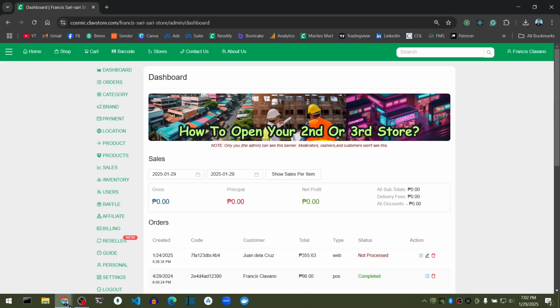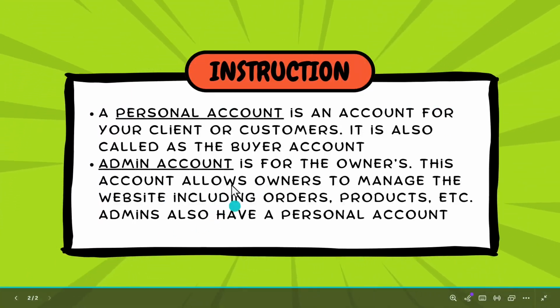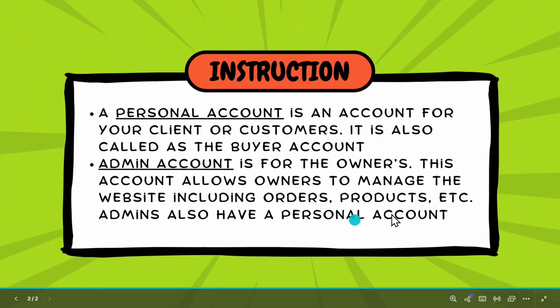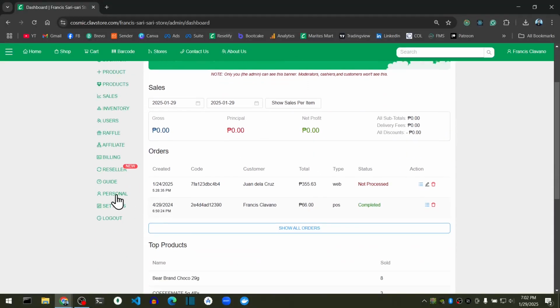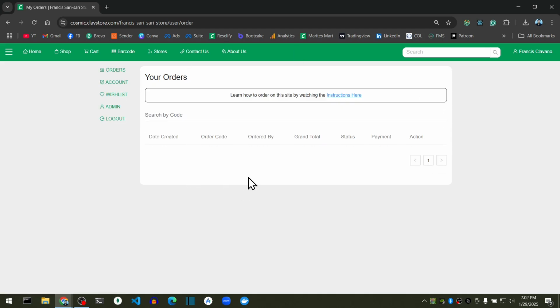Now, as I told you a while ago, an admin account has a personal account. If you go down here, you can see Personal. If you click that, you'll be redirected to this page. So this is now the personal account. Every customer or client that registers on your website, or that you register yourself, will have this kind of account.